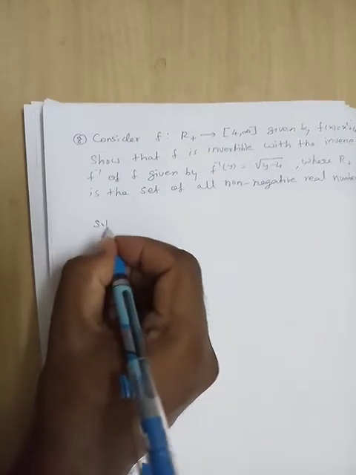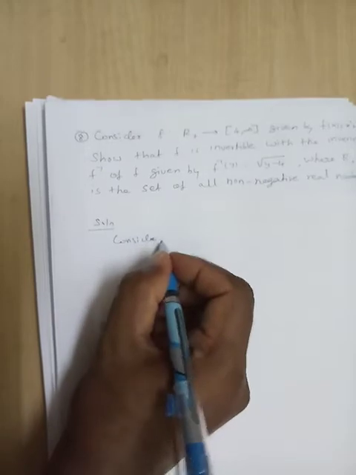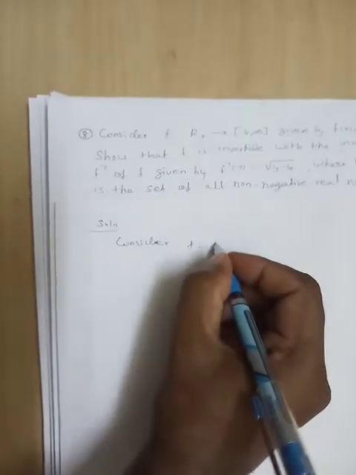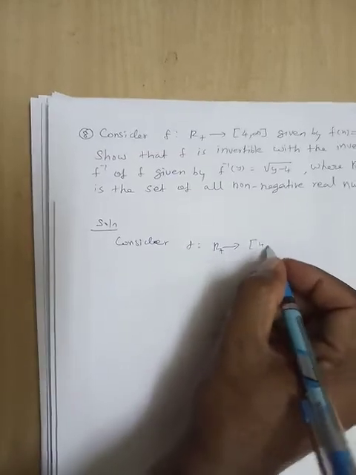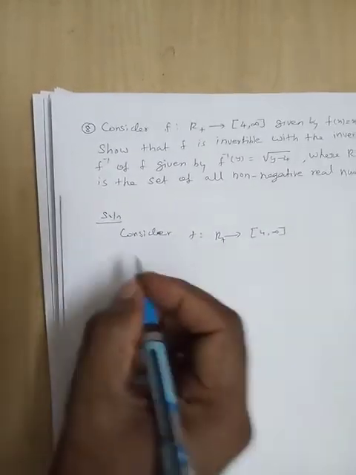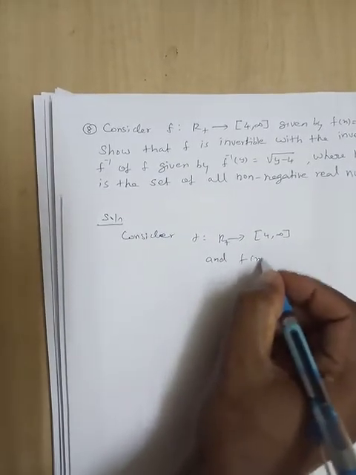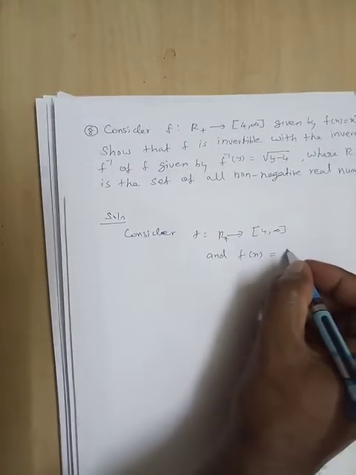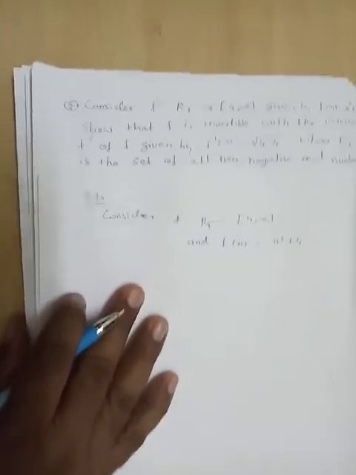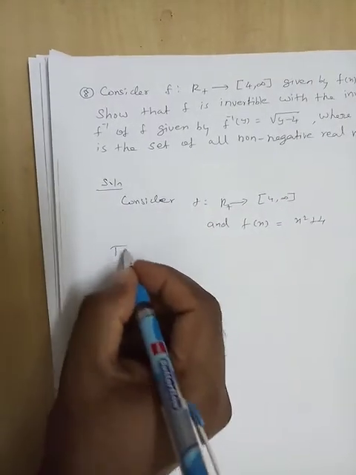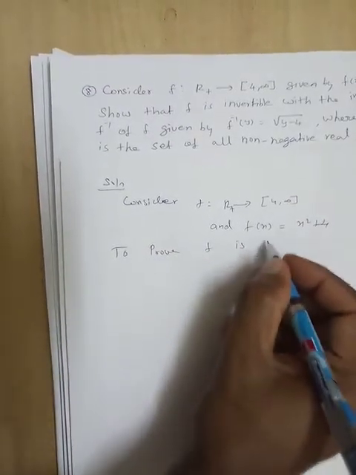Solution. Consider the function f from R plus to the closed interval [4, infinity), and f of x is equal to x square plus 4. This is given data. First, to prove f is 1 to 1,